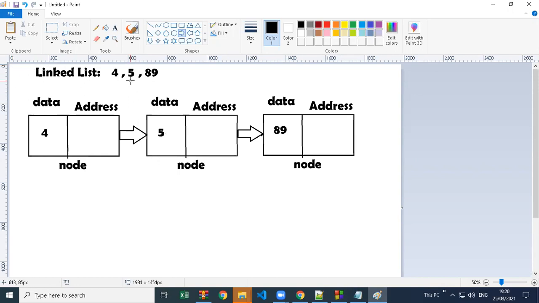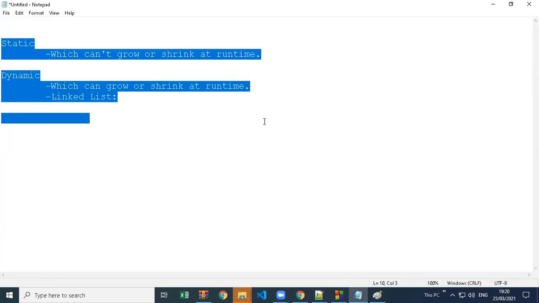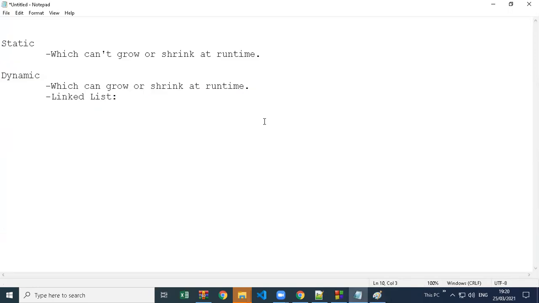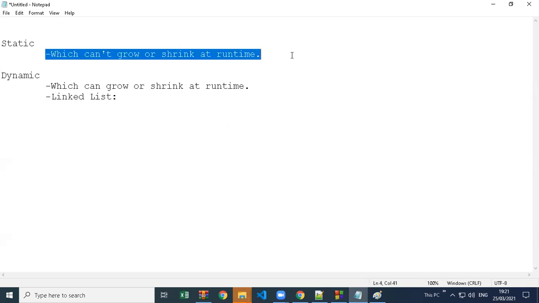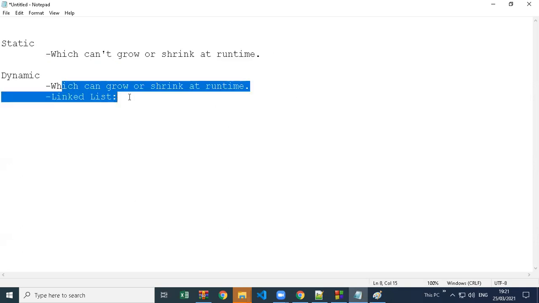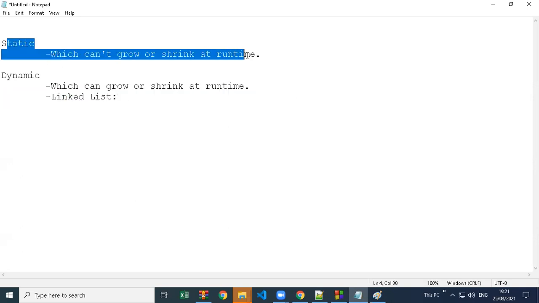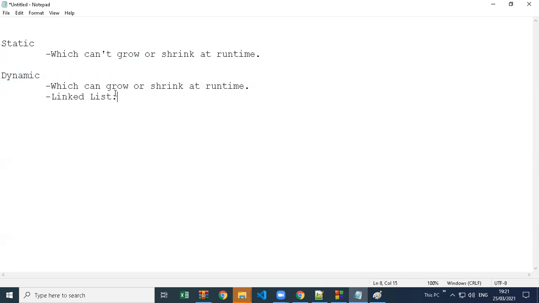First I'm just explaining a concept to store multiple data in memory. Whatever is related to memory is the data you are storing. To store the data, you have a static option: you create a fixed number of memories and then store the data. And in dynamic, when the data comes, then you create the memory.